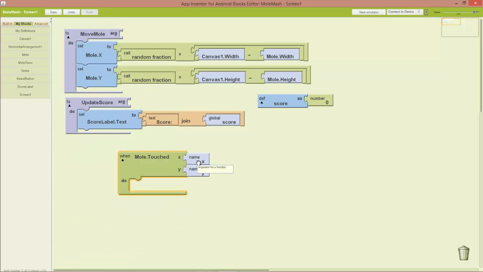So this already comes with X and Y coordinates. Now these correspond to the position in the canvas where the mole is actually situated. So the next thing we're going to do is get the variable score. So I'm just going to click on score. I'll just start typing it even. Score label. So it's not score label, just score. We're going to set score to